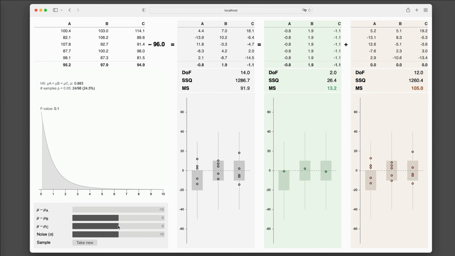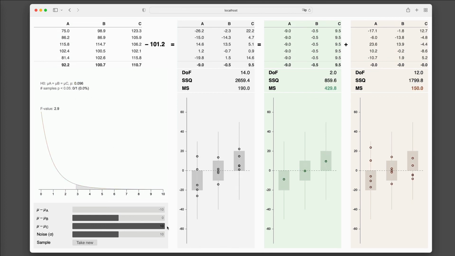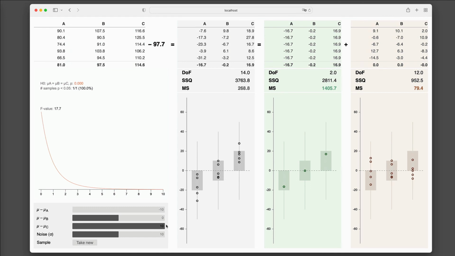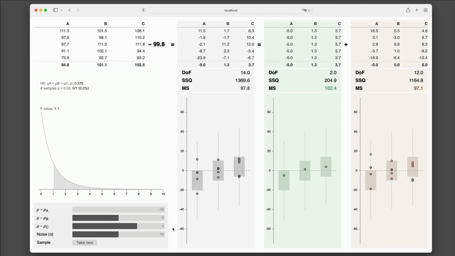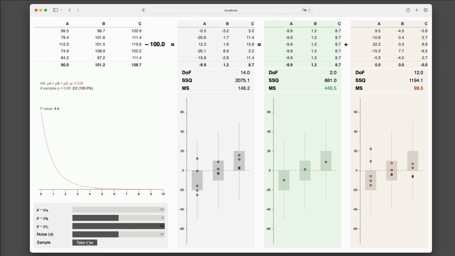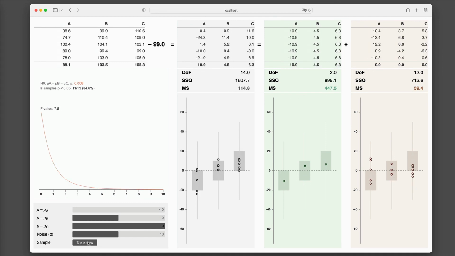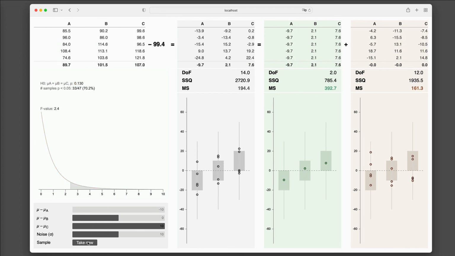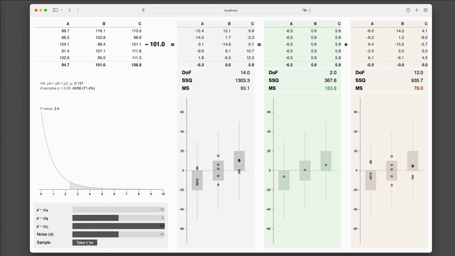If I make it bigger, so for example, if I also say that C gives you the highest yield, the highest outcome on average, so it means that the difference between C and A will be 20 milligrams. Then let me just click here to fix it. And then if I start taking a lot of samples, you can see that the power is quite high. It's approximately 70%. So I have a 70% chance to observe this effect, to reject the null hypothesis in this case,